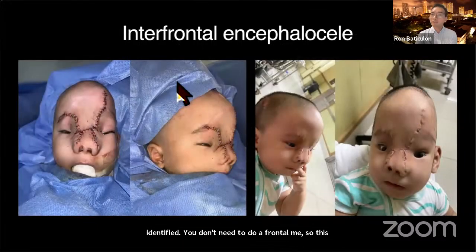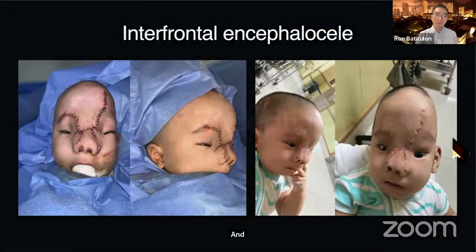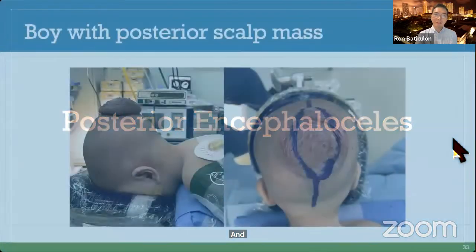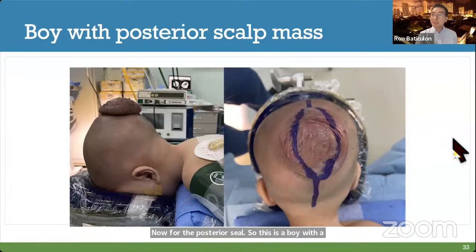So we didn't have to do a bicoronal incision for this patient. And again, the crucial thing here is you need to be able to find the normal dura. Now, for the posterior encephalocele, this is a boy with a posterior scalp mass, initially shunted at a different